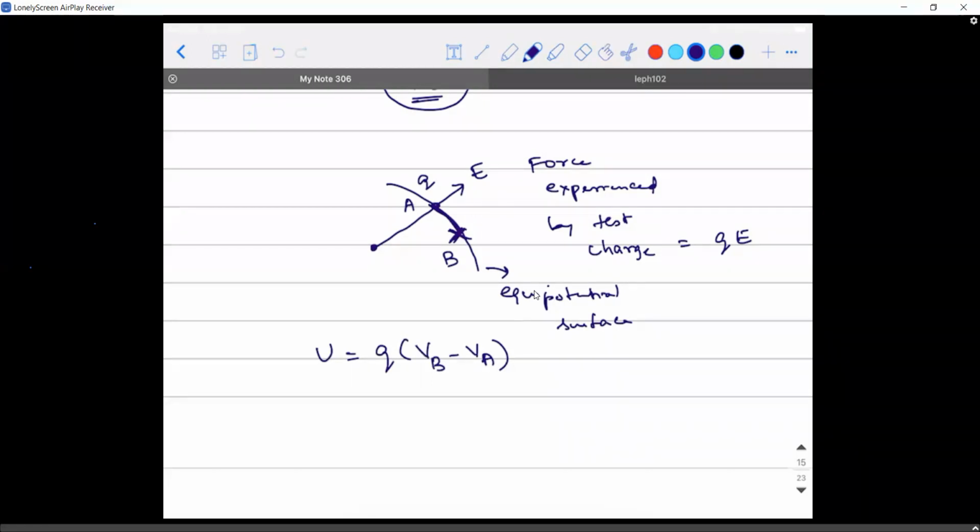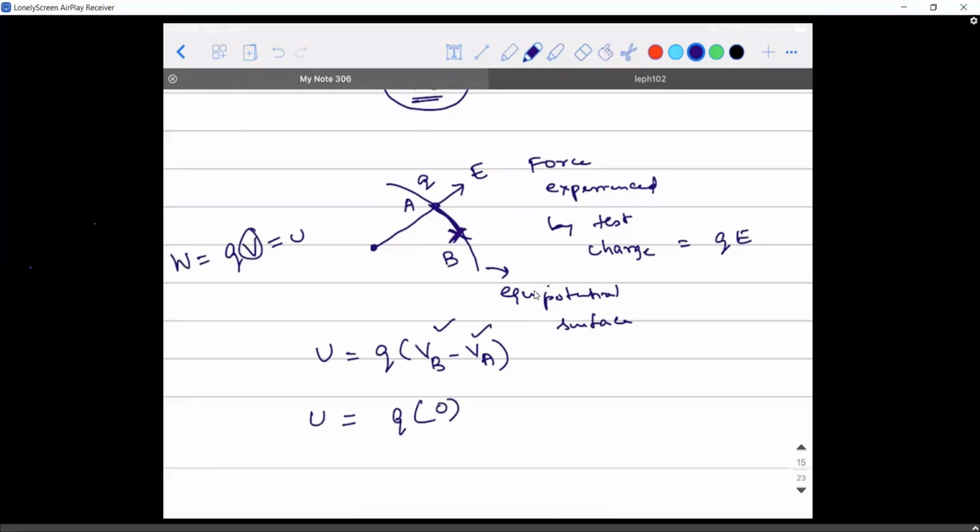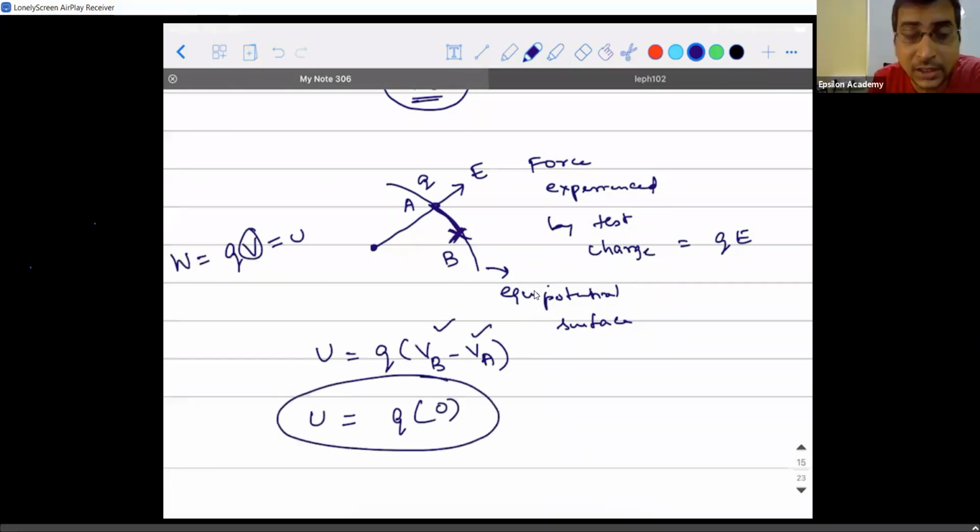So whenever you want to calculate, the work done is nothing but Q into V. This is also potential energy. So in the place of V, I wrote the potential difference VB minus VA. So it will be Q into, when it is an equipotential surface, VB and VA should be the same. So the change in the work done to move, this is another important question: what is the amount of work done to move a charge on an equipotential surface? The answer is 0. Why? Because Q into delta V is going to be 0. That is the reason it is 0, right? So have this point in your mind.